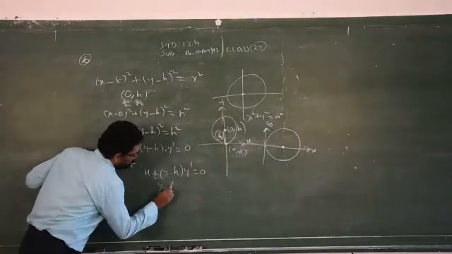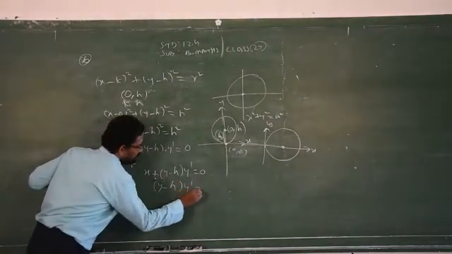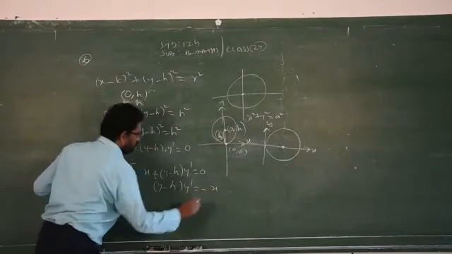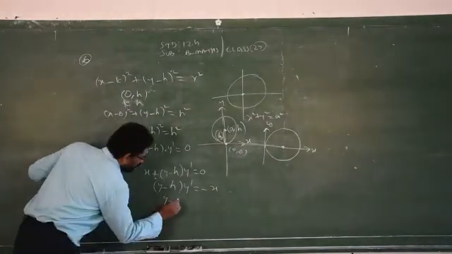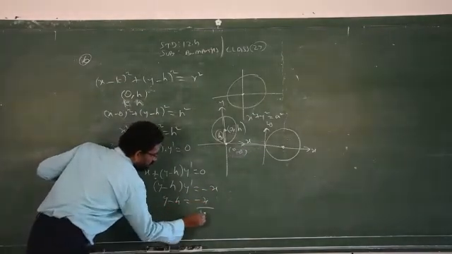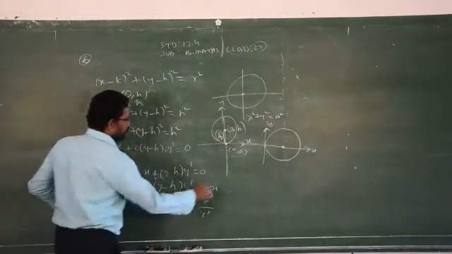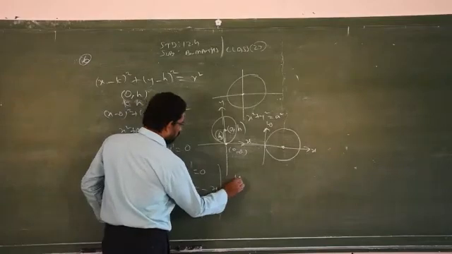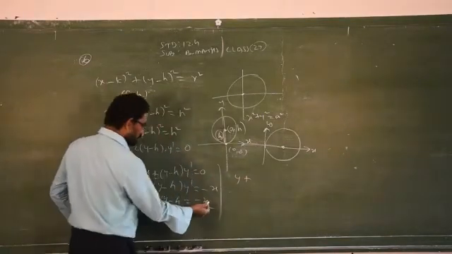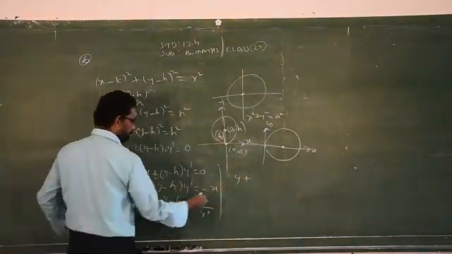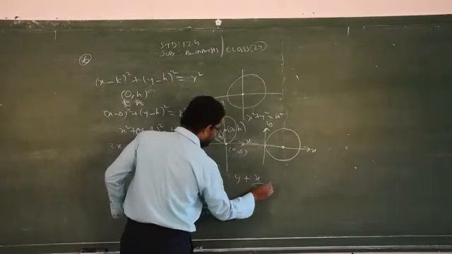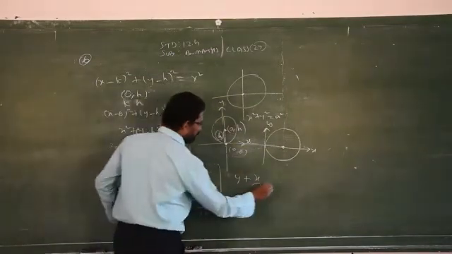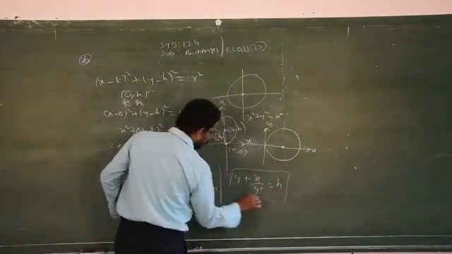So (y minus h) y dash is equal to, plus will become minus. Then y minus h is equal to minus x by y dash. From this you have to find out h. Y plus, I transfer the right side to the left side, plus x by y dash is equal to minus h will become plus h. I got the value of h.